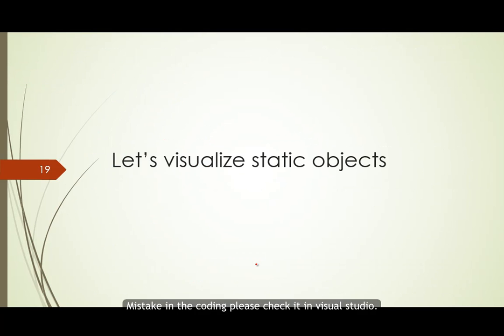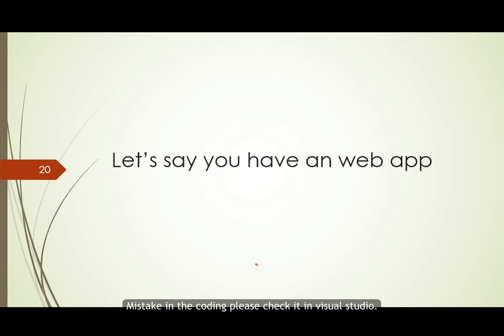So let's visualize how static objects work, because it's a very good programming skill to understand static. Sometimes it's very memory efficient and sometimes it's very memory inefficient. If you're not careful, it is very memory inefficient. If you're careful, it's memory efficient. So let's see. Let's say you have a web app,